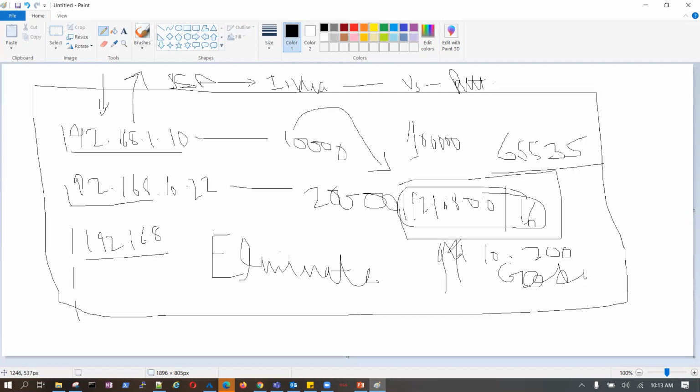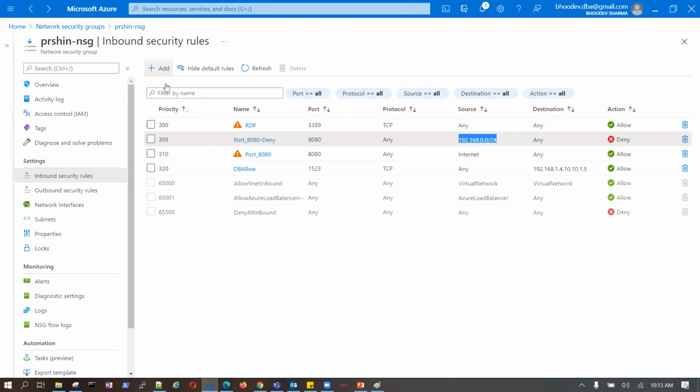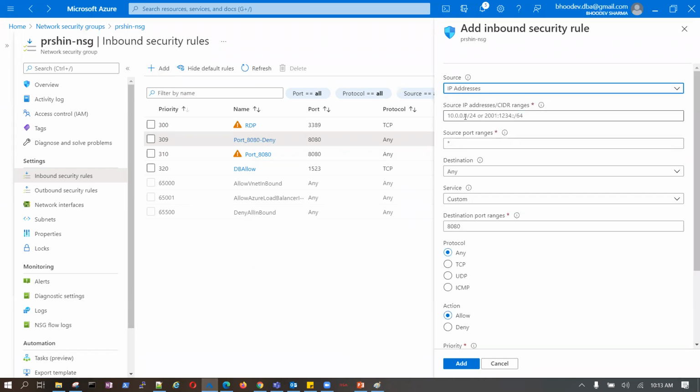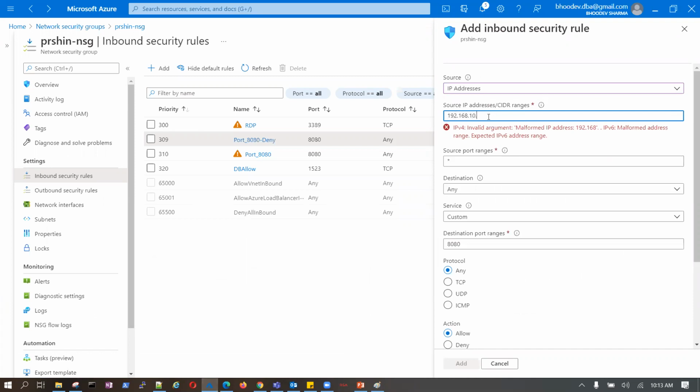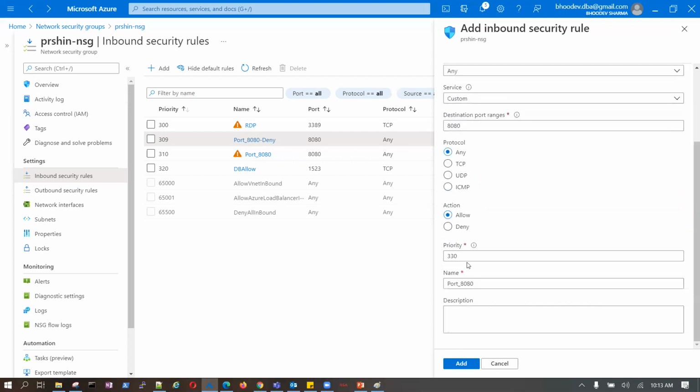Is that clear? What I will do, I know Arslan is a good vector. Add a rule: source is coming from Arslan's IP, destination any, custom allow. With this sequence, I say 308.